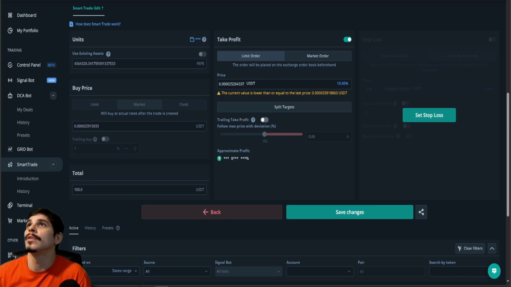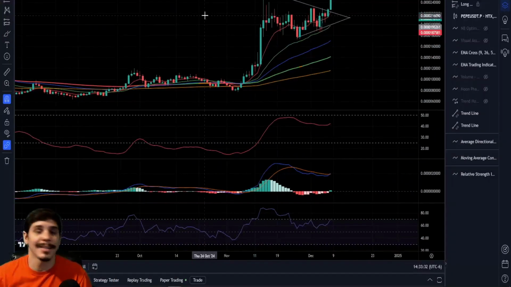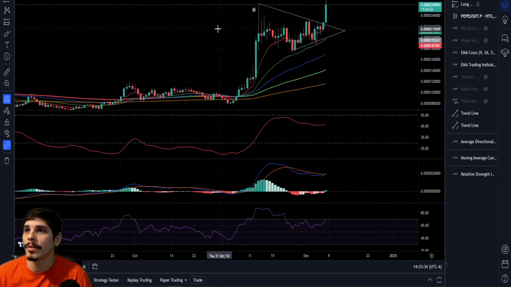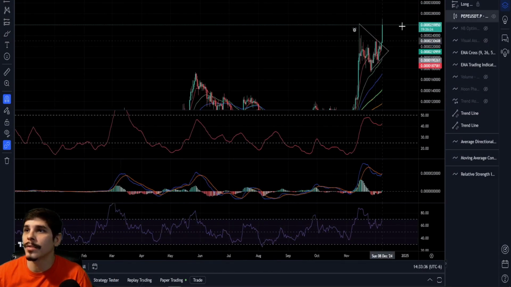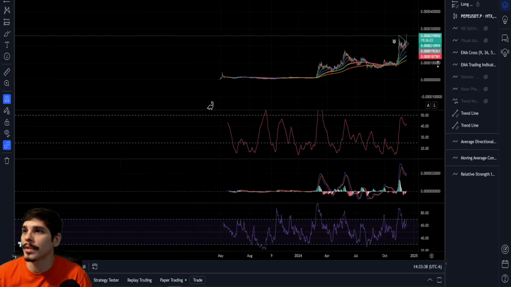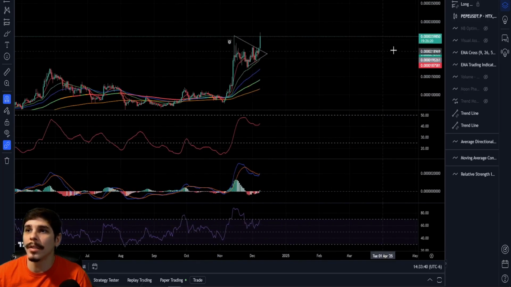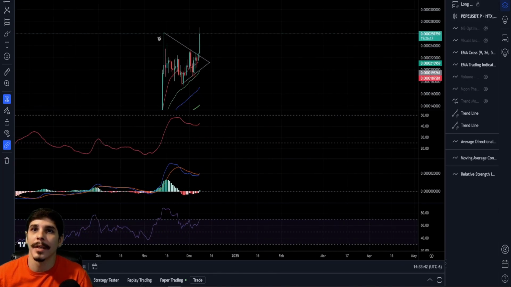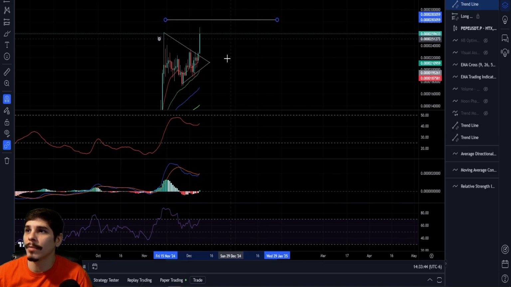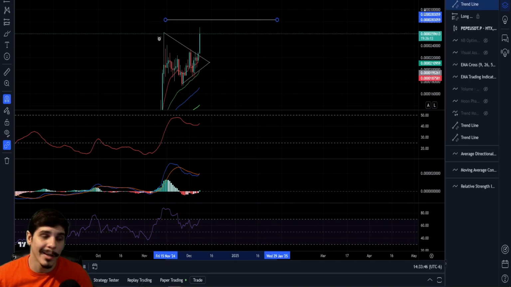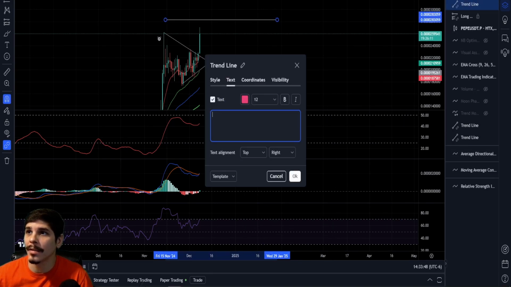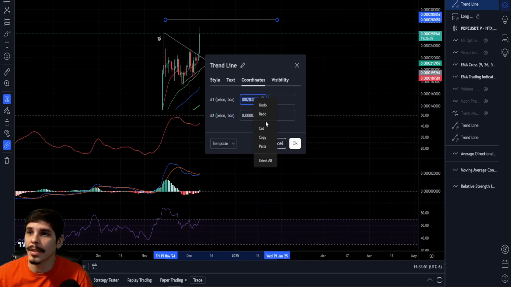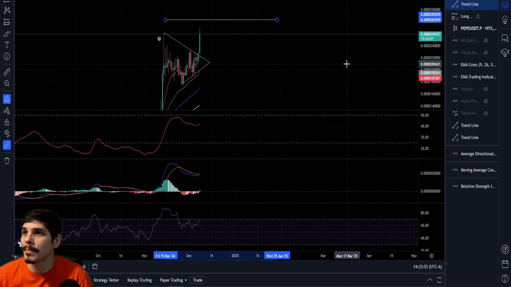So you want to make sure that you do your technical analysis on the asset that you're trading. So here we're looking at Pepe, and we could zoom out and see that Pepe is in price discovery mode at this time. So we don't really know where any resistance might be. We can just come and set any line that we want to and make sure that we copy that value. I choose to set the line and then copy the coordinates because it's just a little bit easier than trying to remember